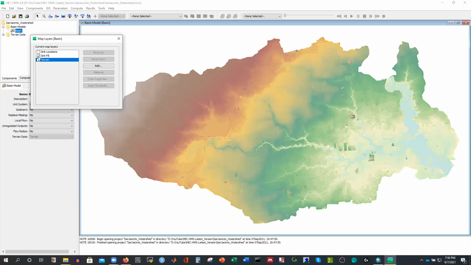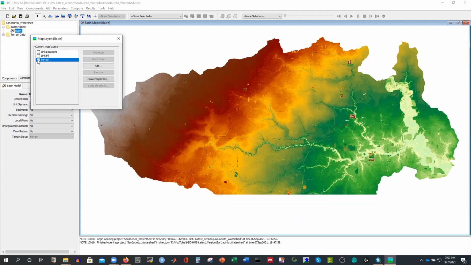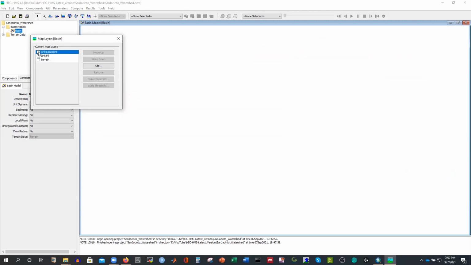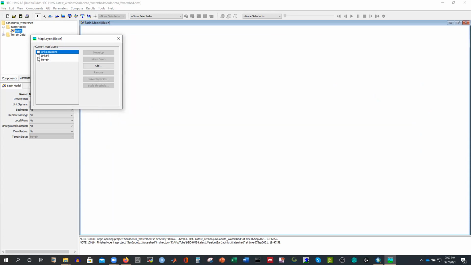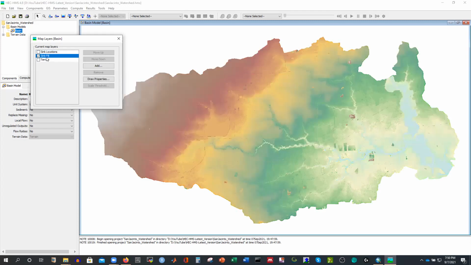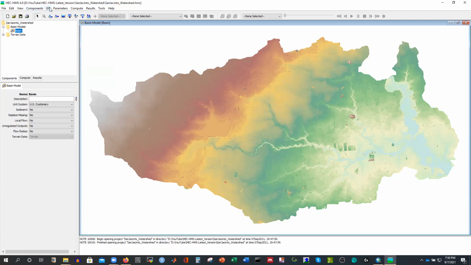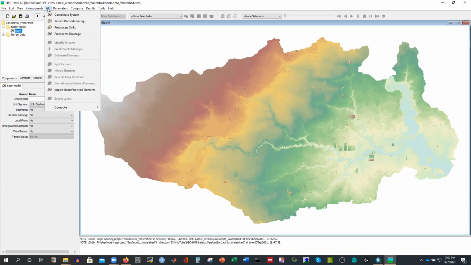Okay, this is our main train data. I can even turn it off. We have this sink location where it fills the sink, so I need to turn this one on, sink fill. Okay, if I keep it turned on, the next step is to do that pre-process drainage. If I click that option, it will even calculate that flow accumulation,